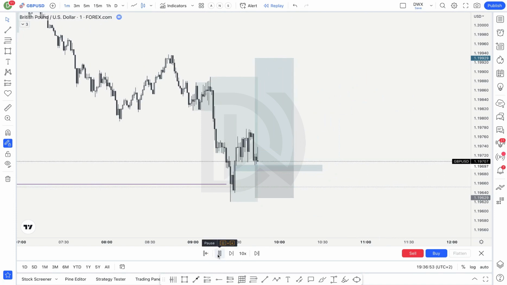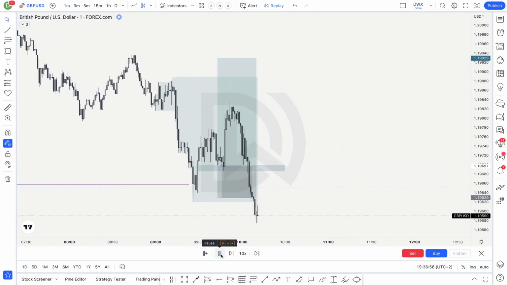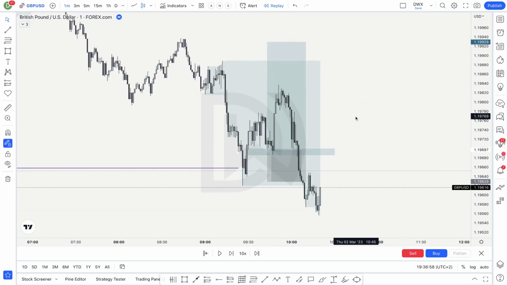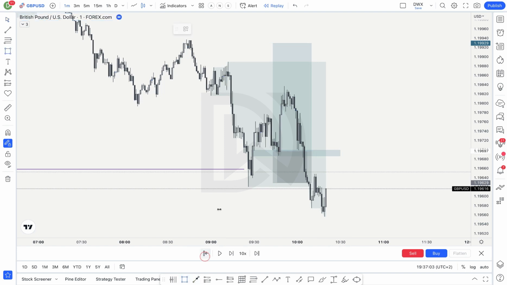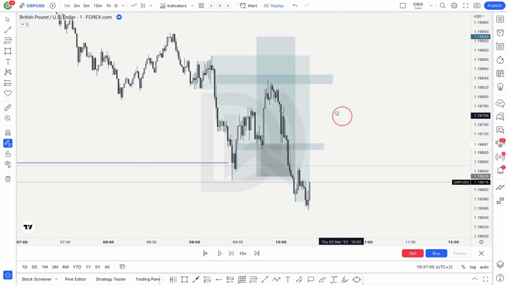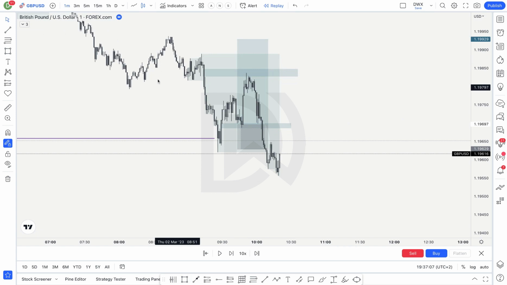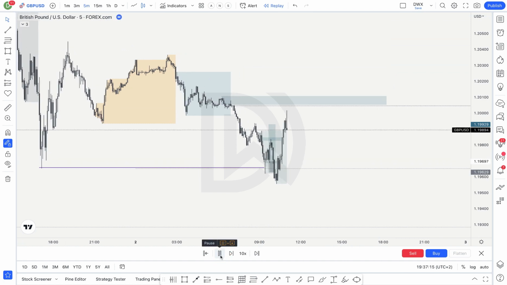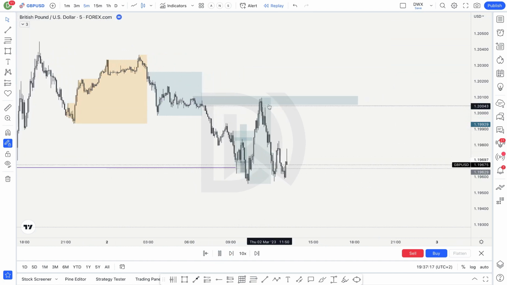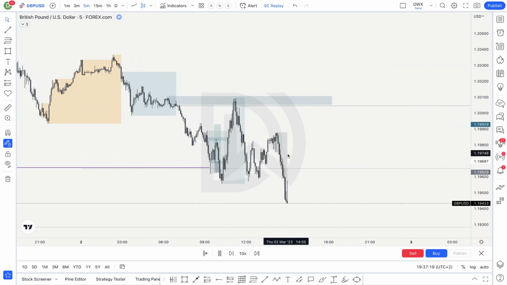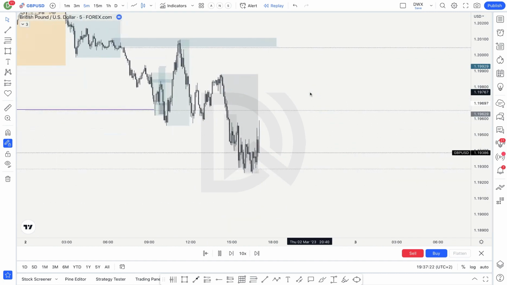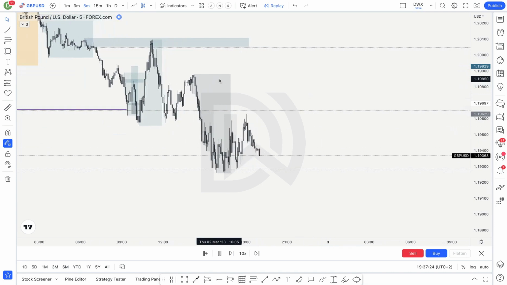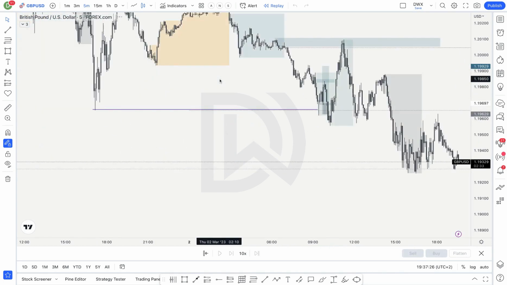So price did tag us in the trade up and then a break-even trade. So nothing too exciting. Again, reacting off of the imbalance, and price just continues trading lower throughout the entire day. So as I said, a little bit of a frustrating day overall, but you get those days and then it reaches a good take profit area, but then just continues to flush towards the downside. New York session, same thing. And this is where we're currently at.